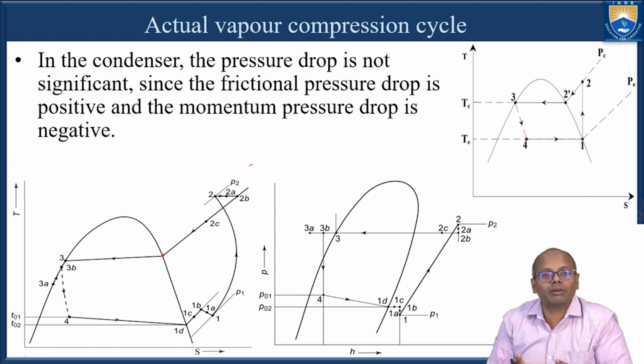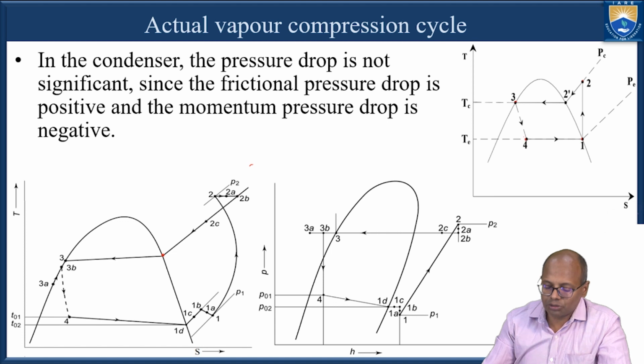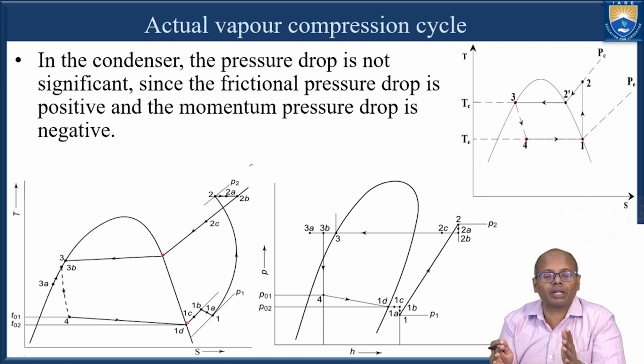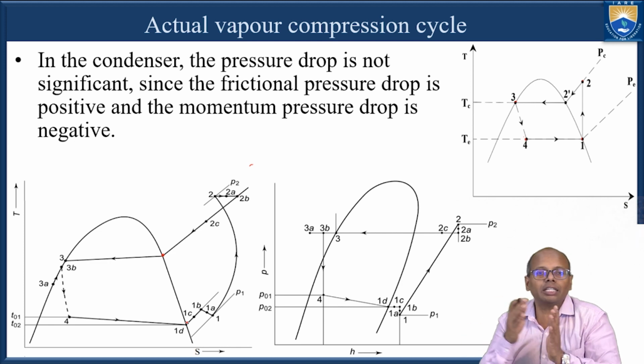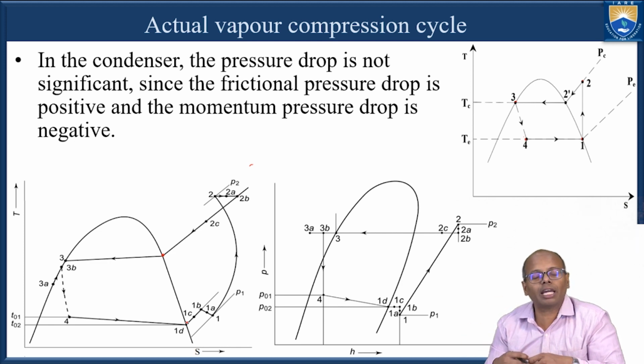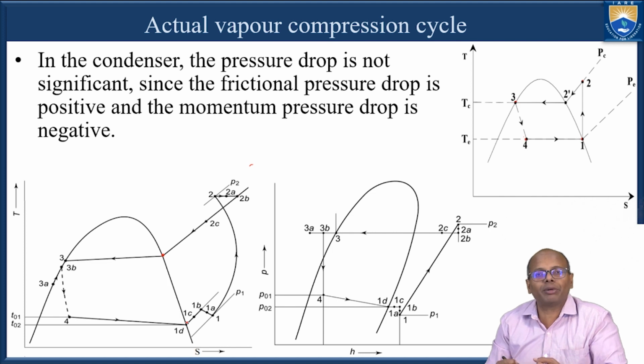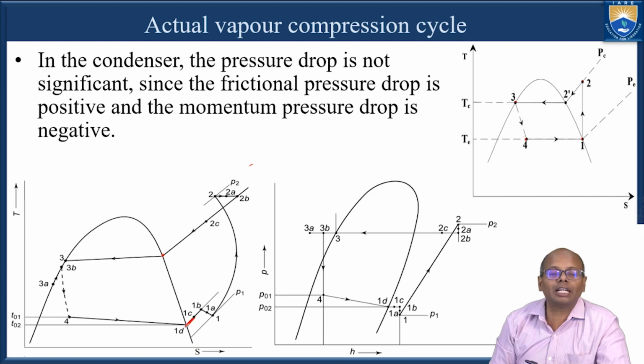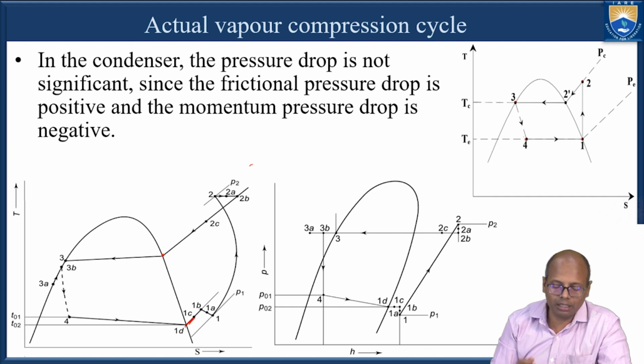Now what is happening in the actual cycle? In the evaporator, because heat is constantly getting added, the temperature tends to increase beyond the saturated vapor, so it becomes superheated vapor in the evaporator. And from C to B in the suction line there is also some heat addition, so there is some further superheating,